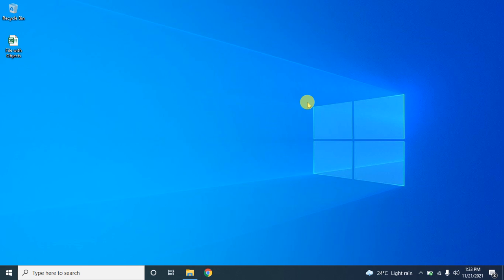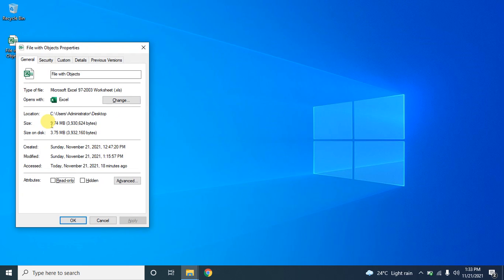Today I have one sample file. Before opening this file, I just want to show how many MB this file is and what data it contains. It's around 3.74 MB and it was created in 2012 actually, but here it shows 2021. I don't know why. Anyway, the file information will show after opening this file. This is the Excel file that supports the 97-2003 worksheet format, which means it's an old version, so it was created long back. It shows 21-something here, not a problem, leave this one.